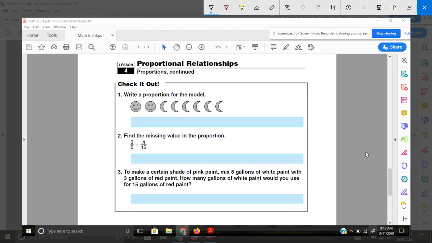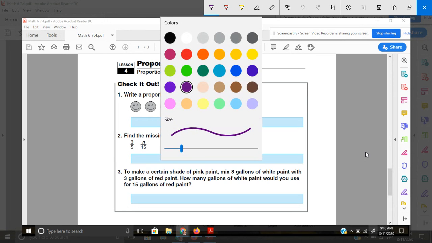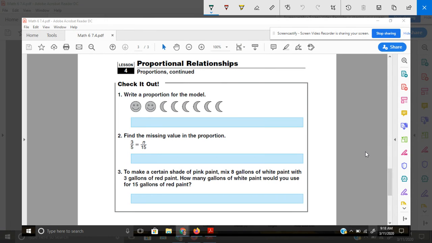Alrighty, hopefully you arrived at these answers. For the first one, write a proportion for the model. Okay, there are 2 smiley faces for every 1, 2, 3, 4, 5, 6 moons. That should be equal to, all right, like before, I'm going to make 2 equal groups. So I'm going to split this in half, and split these in half. So I would have 1 smiley